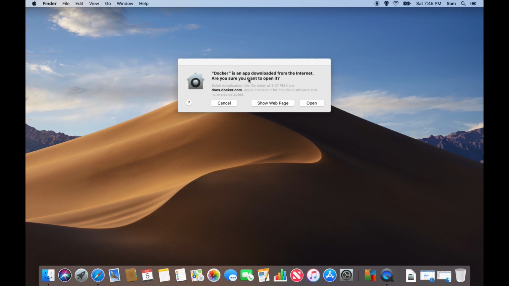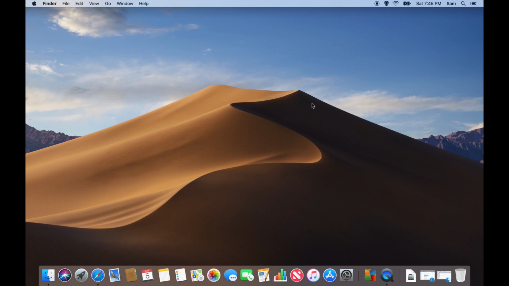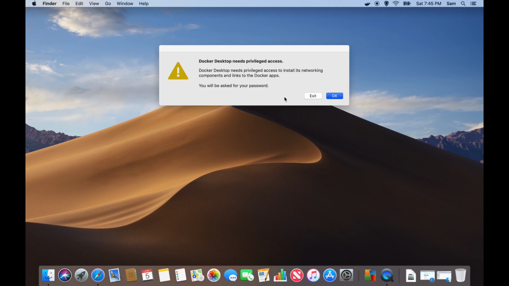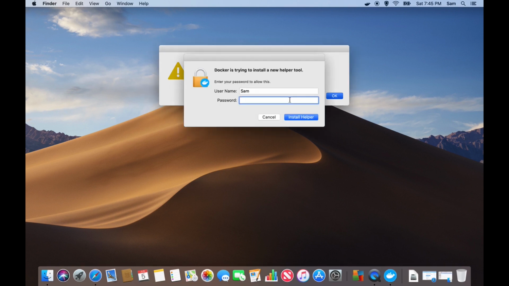It will ask you, are you sure you want to open it? So click open. And it will ask for your password, and this is going to be your Mac password. So click OK and provide your password for your Mac. Click install helper.